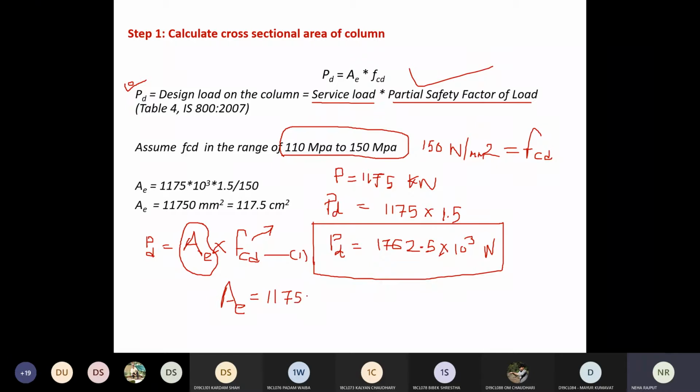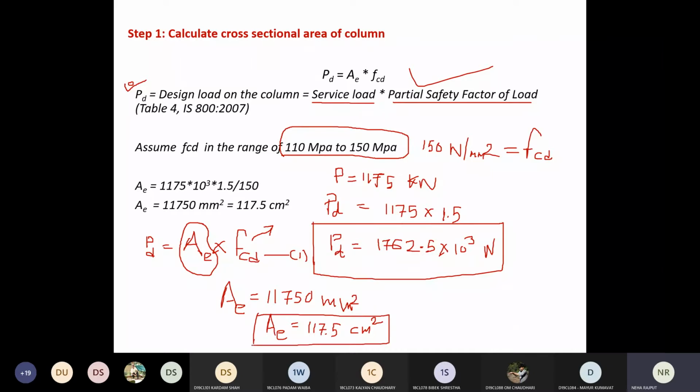Just verify whether you are getting the same answer or not. Are you getting the answer? Yes, ma'am. Okay. Now I'm just converting my value in centimeter square.